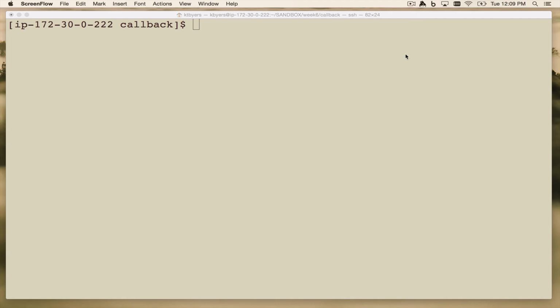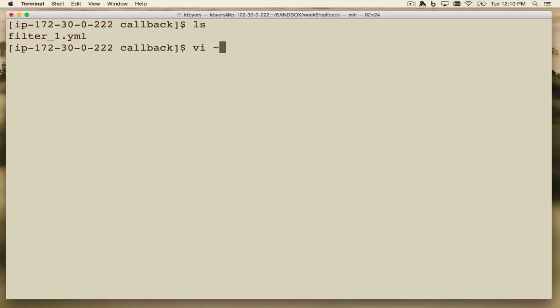In this section, I'm going to talk to you very briefly about callback plugins in Ansible. There are more types of plugins than I've previously talked about. We've previously talked about lookups and filter plugins. There are additional plugins. One of those is called a callback plugin. And I'm just going to illustrate a simple example of what you can do with a